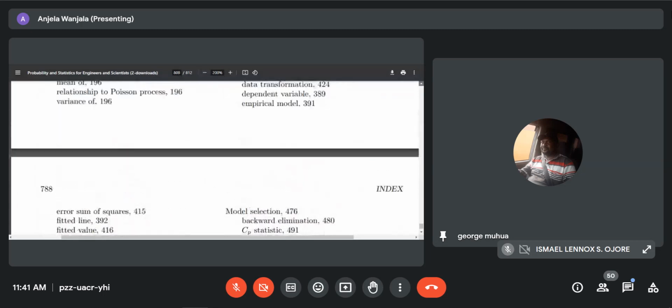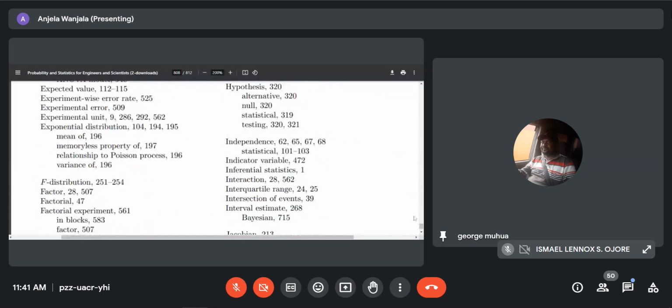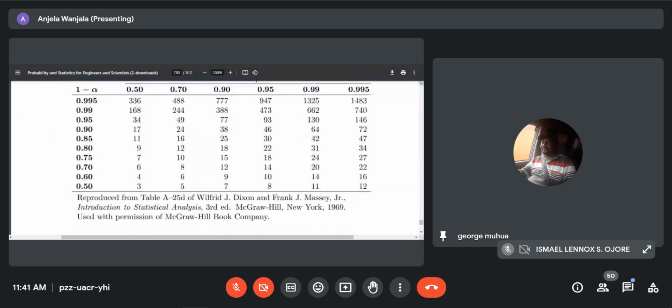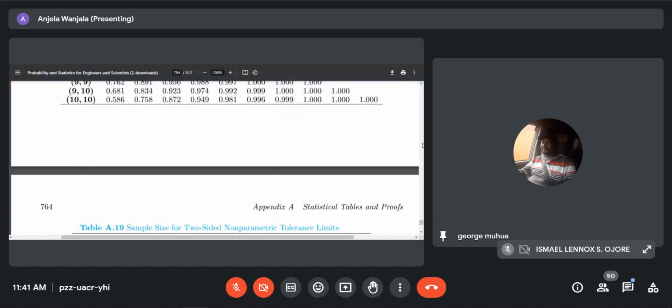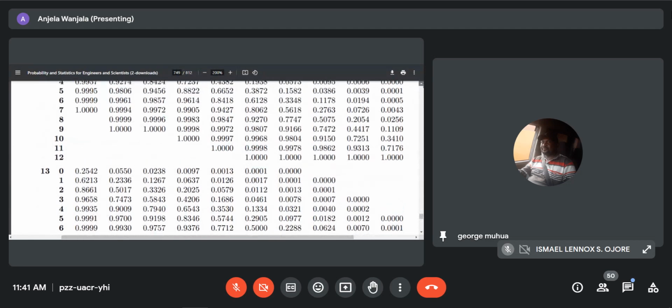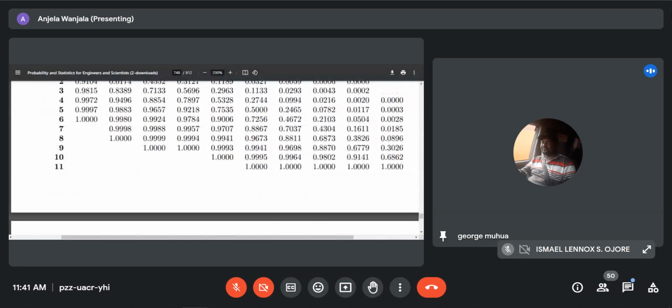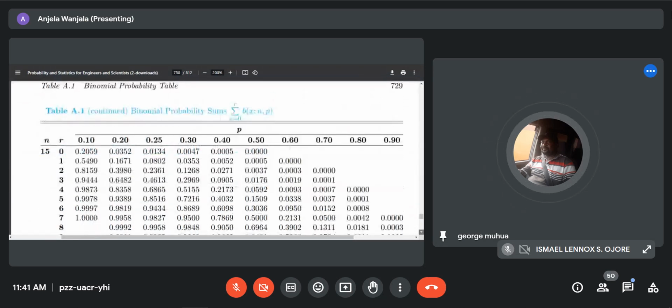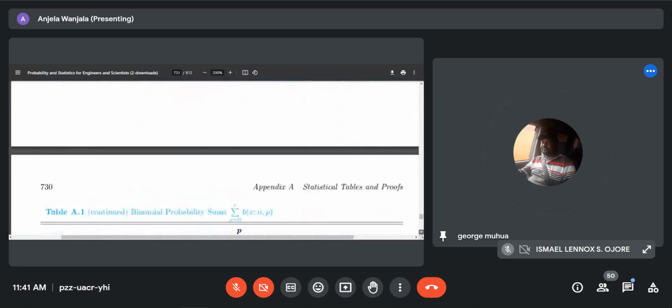So when you read the Z table and you have a value more than 1, you just know that you are wrong, or maybe you are using a wrong table. Now that value we have read is covering